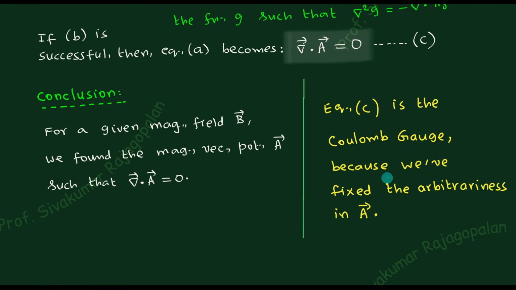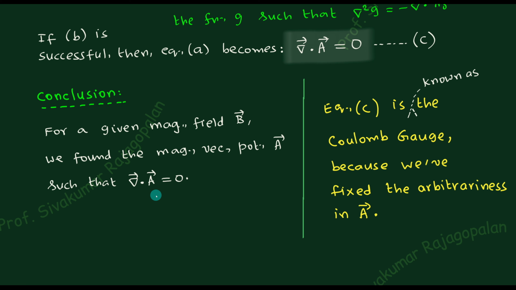Okay, so equation C is known as, if you want, you can write down, the Coulomb gauge. So now you understand what a gauge is here. Gauge means removing the arbitrariness from the picture. So now the arbitrariness is gone. Once you fix that divergence of A equal to 0, A is particular. It is fixed. If del dot A is 0, A itself is fixed, and therefore there is no more arbitrariness in